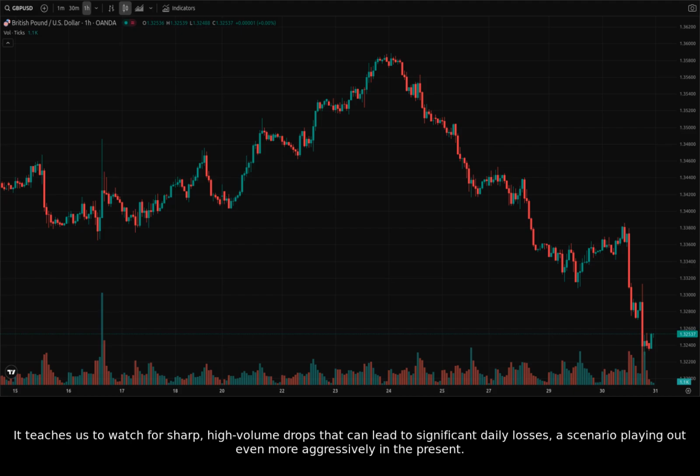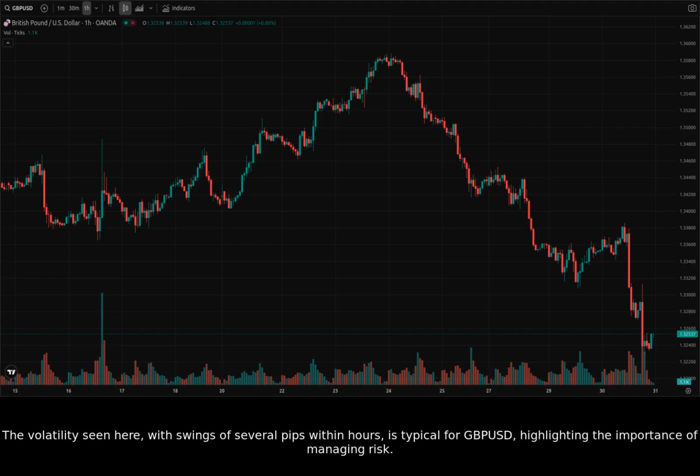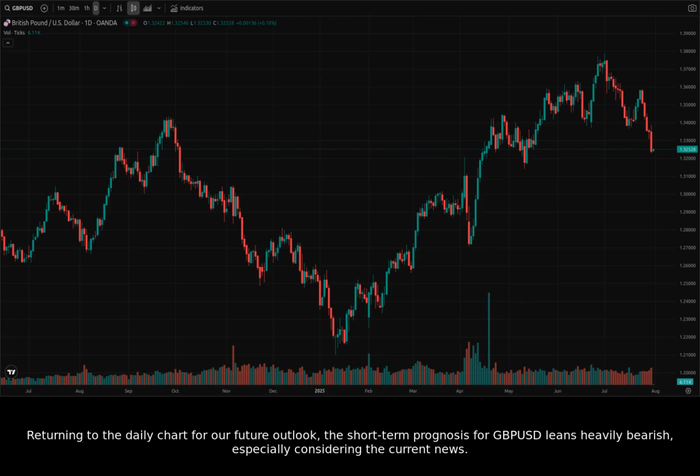It teaches us to watch for sharp, high-volume drops that can lead to significant daily losses, a scenario playing out even more aggressively in the present. The volatility seen here, with swings of several pips within hours, is typical for GBPUSD, highlighting the importance of managing risk. Returning to the daily chart for our future outlook, the short-term prognosis for GBPUSD leans heavily bearish, especially considering